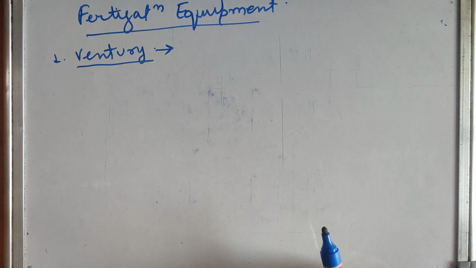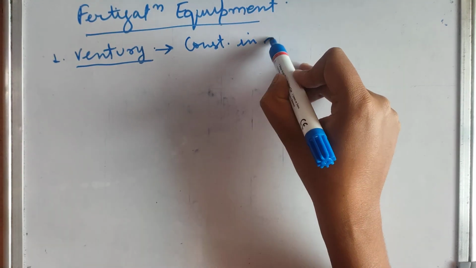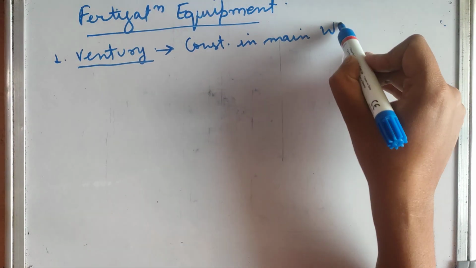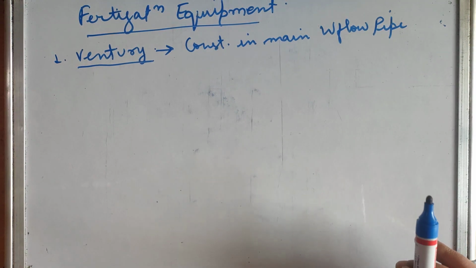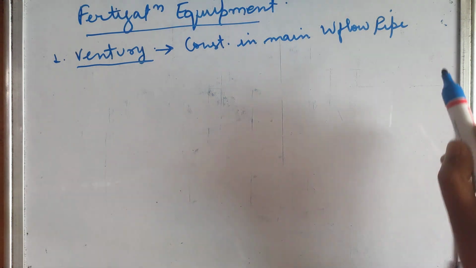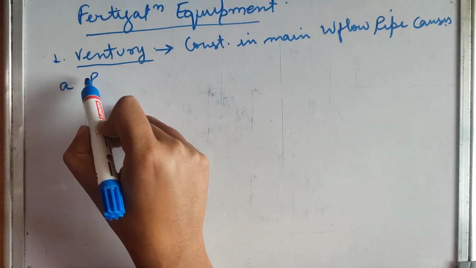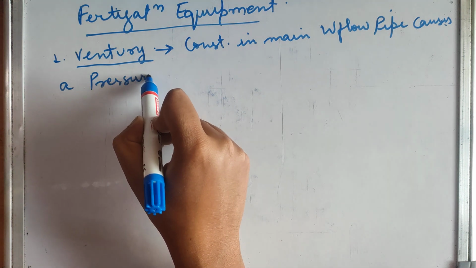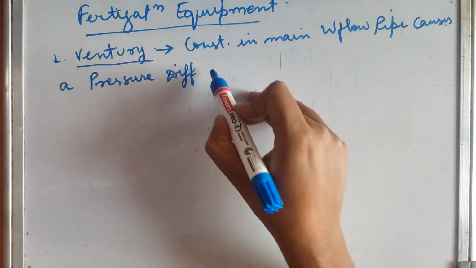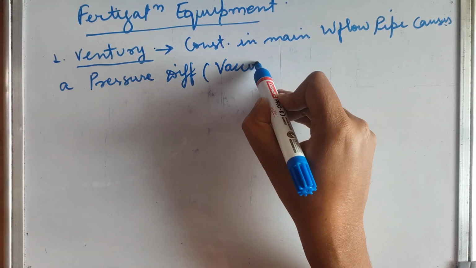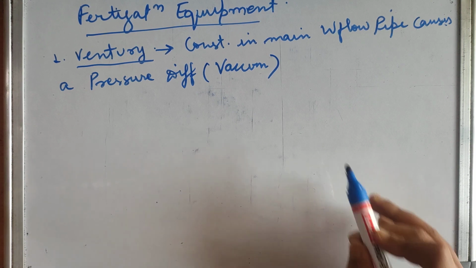It is the construction in the main water flow pipe. Construction in the main water flow pipe causes a pressure difference, or we can say vacuum, which is sufficient to suck fertilizer solution,